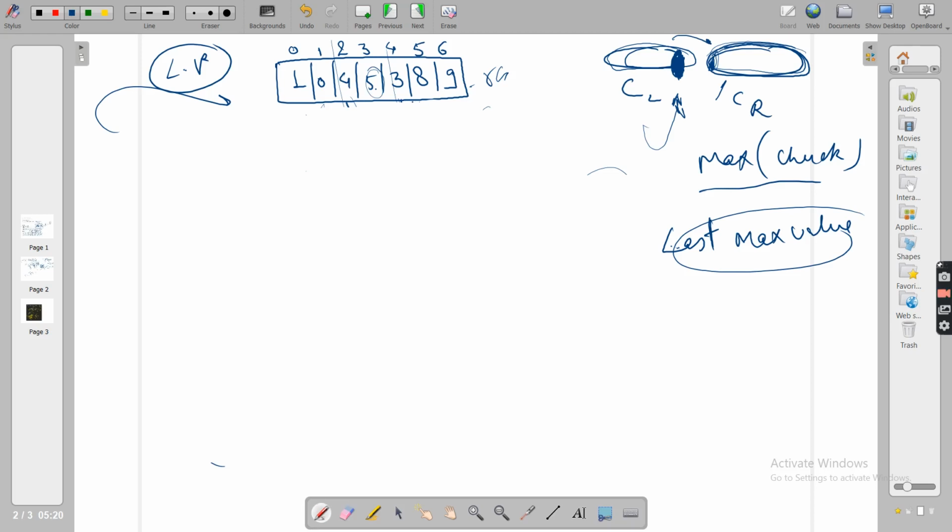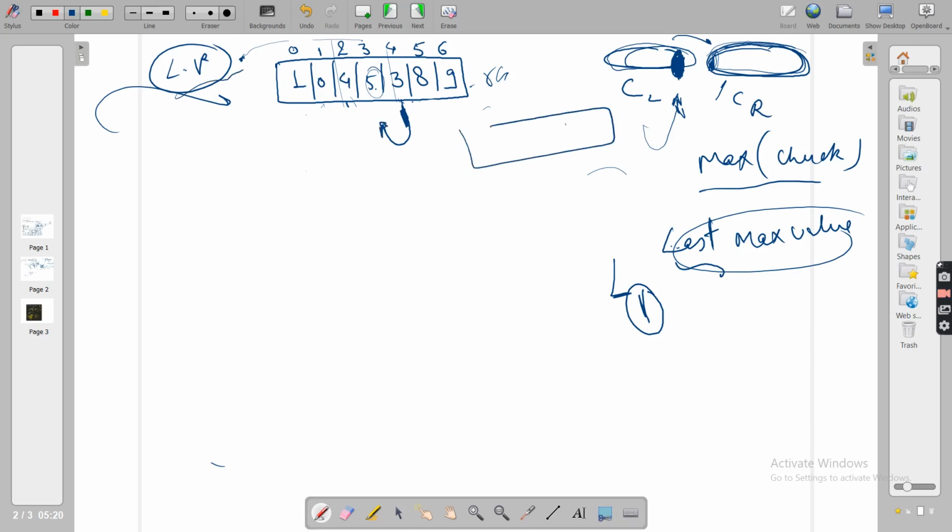Let's see what we want, and we will try to fit whatever we know to the data structure or algorithm it deserves. So first thing, when 3 was coming, what was it looking at? During left to right traversal, what was the last chunk's maximum value.